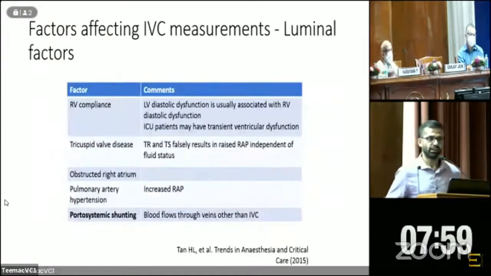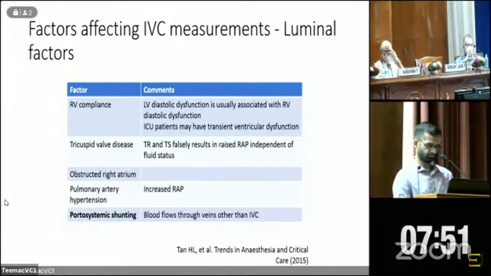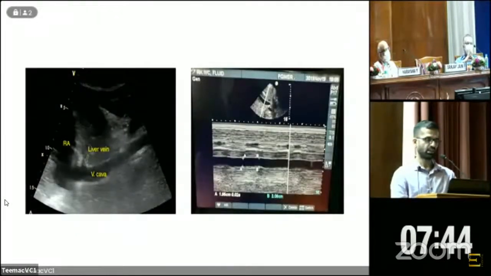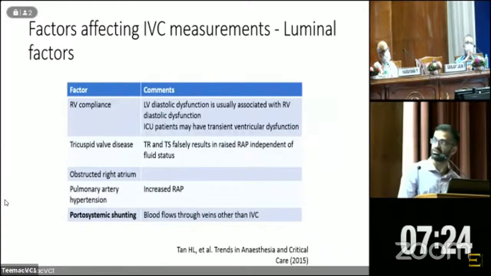Before we go on to the interpretation, we need to know that IVC measurement, though it reflects the fluid status, is not a gold standard, since several other parameters modify it. Like we have seen in the previous structures, it depends on the RA, the abdominal structures, and the thoracic structures. So IVC measurement can be modified if there is RV disease, tricuspid valve disease, or an obstructed right atrium. And to the gastroenterologist's interest, if there is portosystemic shunting, the IVC may be empty since the blood would have been drained through alternate routes.